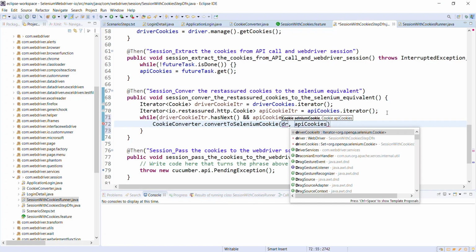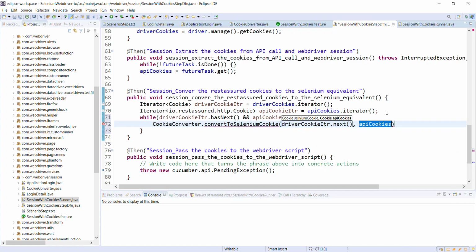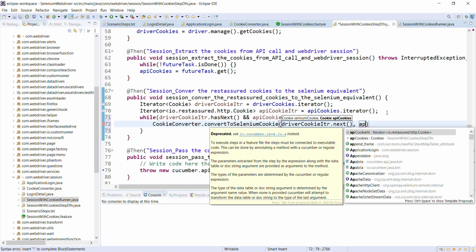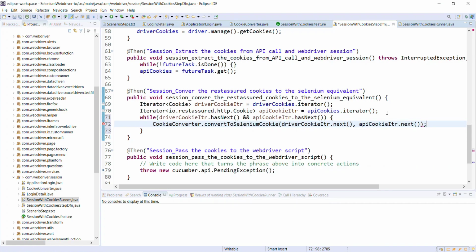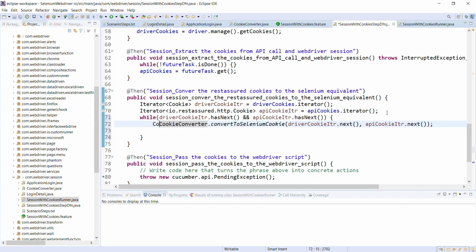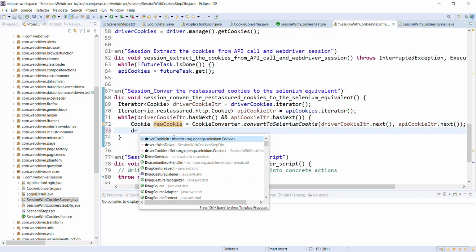So driver cookie iterator dot next and API cookie iterator dot next. The return type of this method is of type cookie, which is coming from the Selenium framework. And then I'm going to add this new cookie to our WebDriver session.